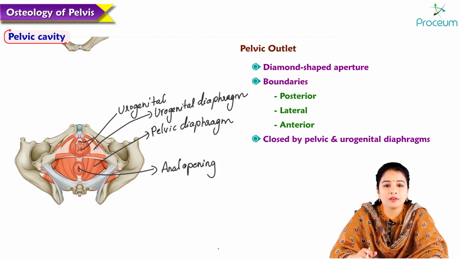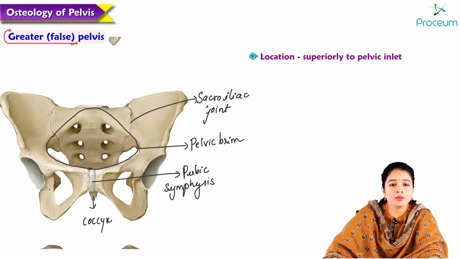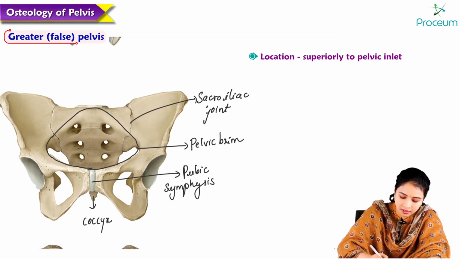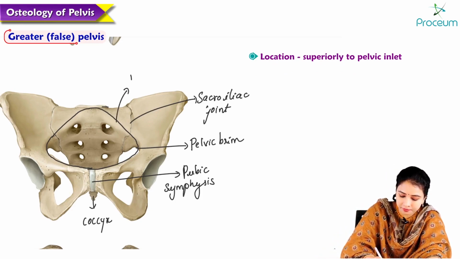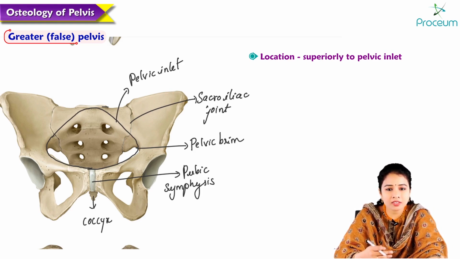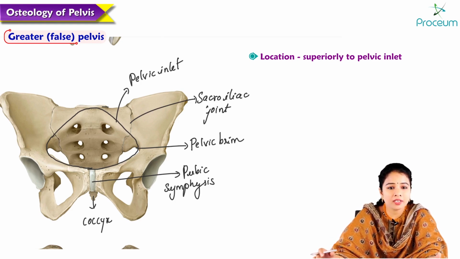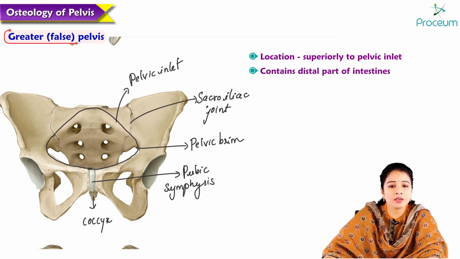So that is about the pelvic outlet. Regarding the greater pelvis or false pelvis, it is located superiorly to the pelvic inlet. So here is the pelvic inlet. Anteriorly there are no bones forming the greater pelvis. The greater pelvis is superior to the pelvic inlet and contains the distal part of the intestines, and it is